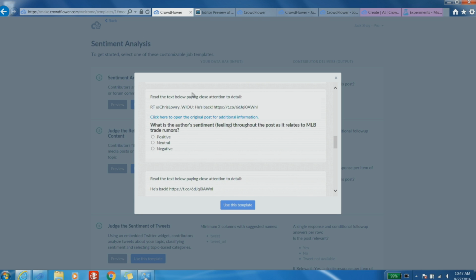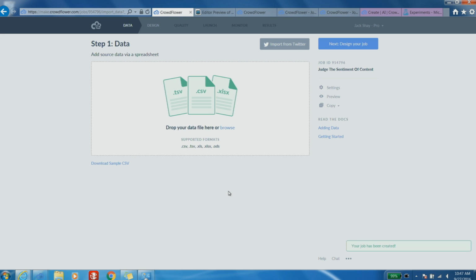This is the kind of question I want to ask. It's radio buttons. That makes sense. I think I can go ahead and use this as a start. So from here, I've got a template to start with, and I can start designing that, but I also want